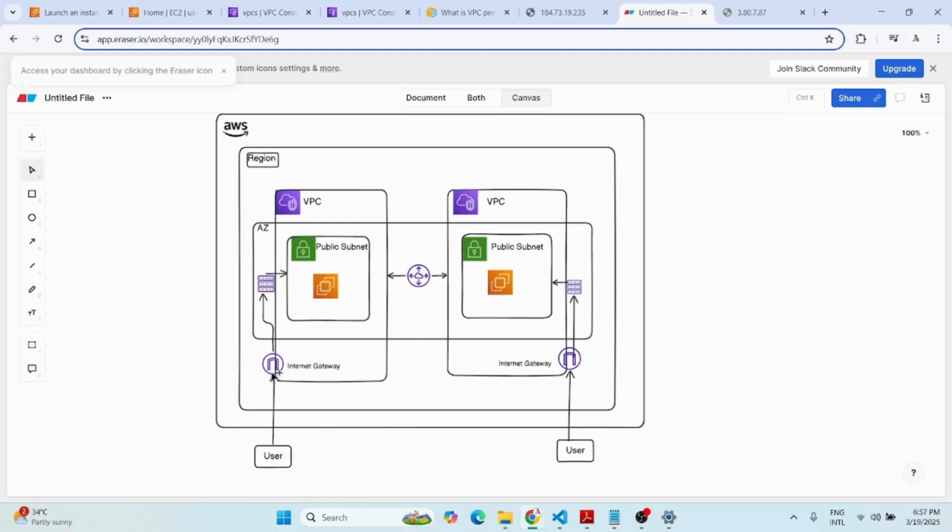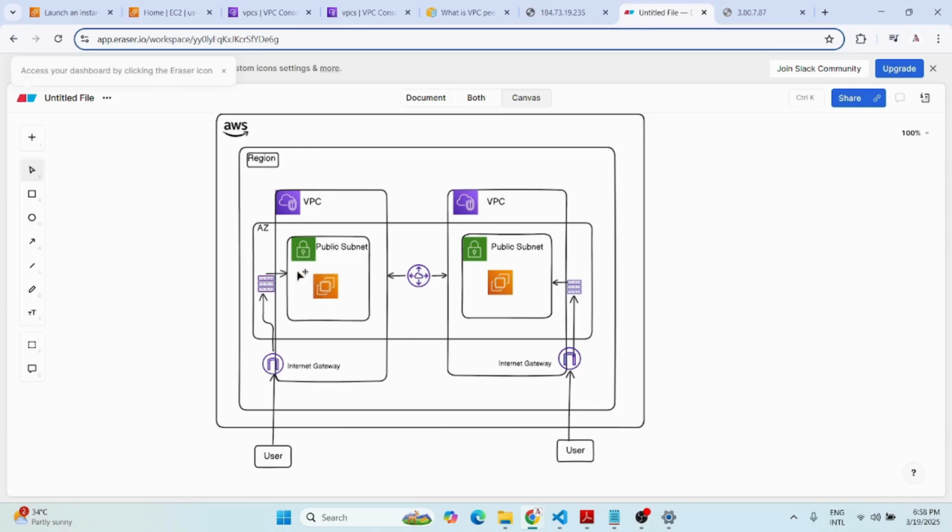Then we will also learn how we can create an internet gateway. An internet gateway is basically used to access the EC2 instance from the internet. And then we have a route table. A route table basically has the entries for the public or private subnet, and in our case we have a public subnet, and the route table will also have the entry for the internet gateway. So the traffic from the internet, with the help of the route table, will go to the public subnet